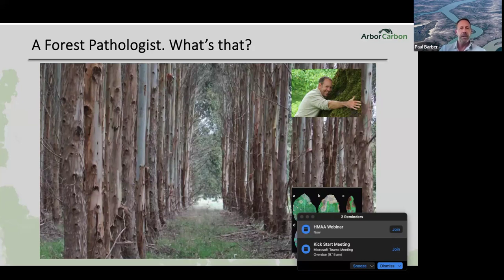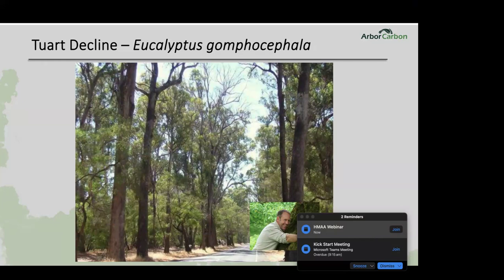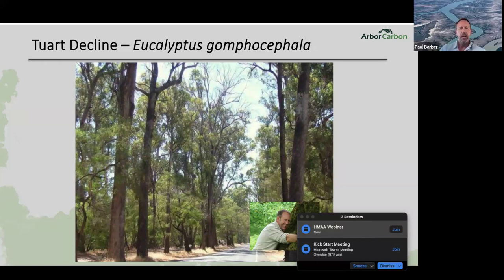And lo and behold, after graduating in forest pathology and taxonomy, describing fungi on eucalypt leaves and diseases associated with eucalypts, I was offered a job in Perth and came across to work on the amazing chewit trees, the Eucalyptus gomphocephala. I'd never seen a chewit tree in my life. I came across in 2003 and learned to really respect those amazing trees along the Swan Coastal Plain. As we know, they are endemic to that region, and only a fraction of the original extent remains.